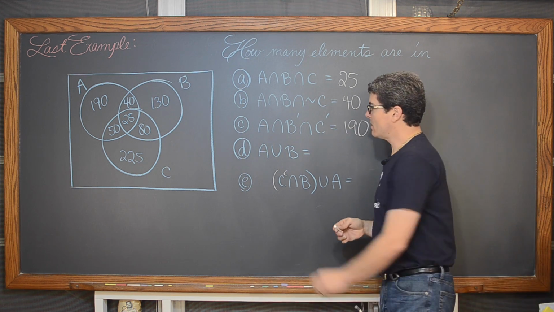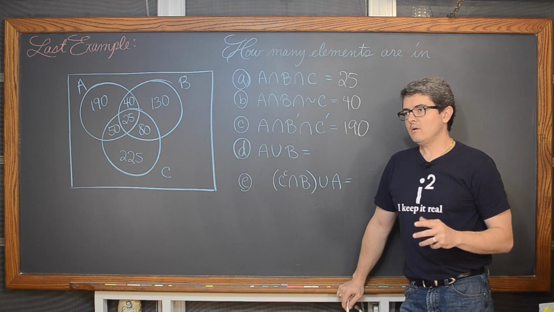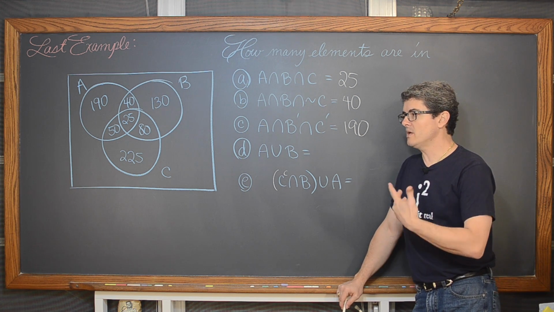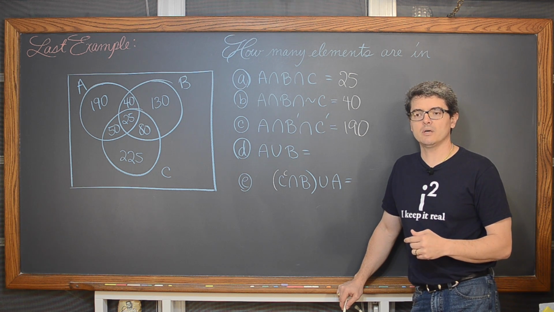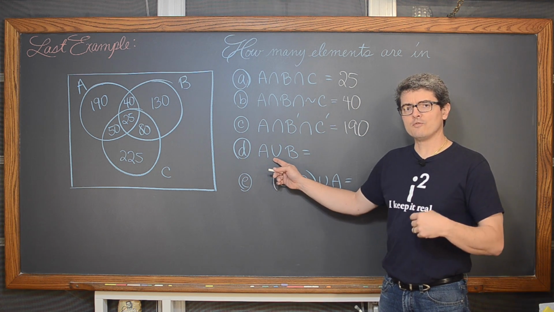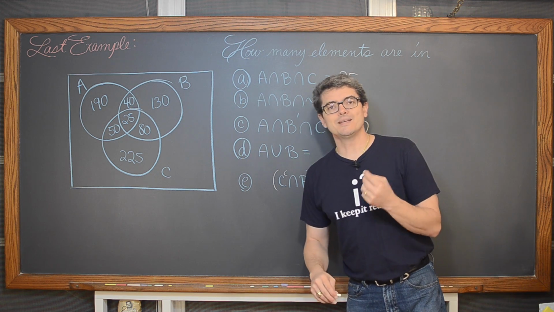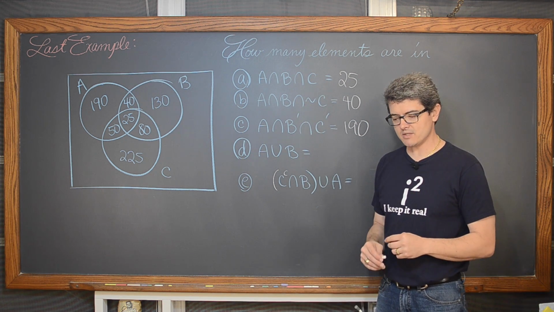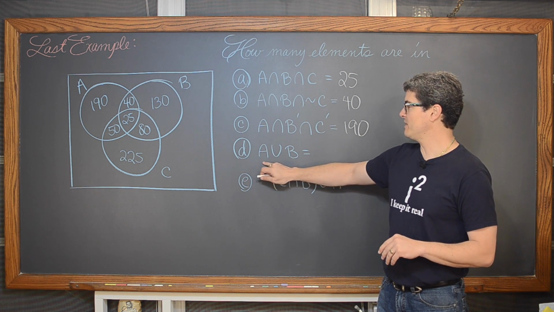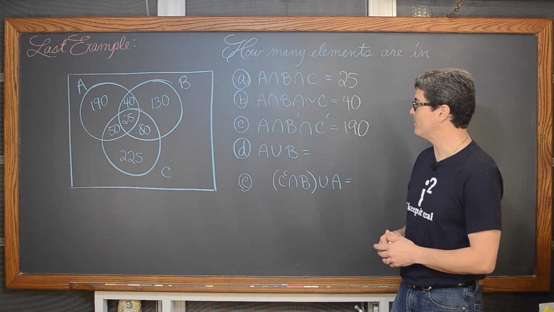How many elements are in A or B? Now this is or. When we do this work in my AP statistics class, I give them from the book probability rules, and there is a rule for this idea of or, this union, which is an addition rule for disjoint events, those mutually exclusive events that do not occur together. It just says the probability, we're not really doing probabilities here, but the probability of A or B is the probability of A plus the probability of B. Basically, you just add them up.